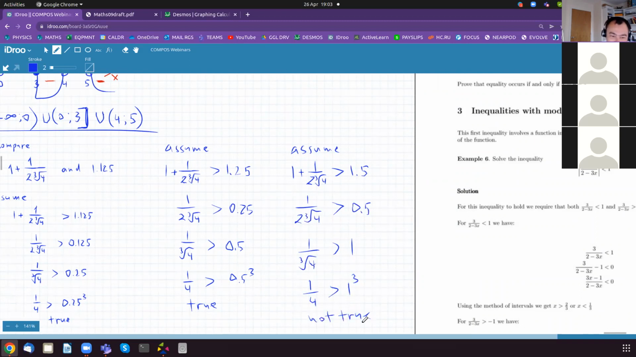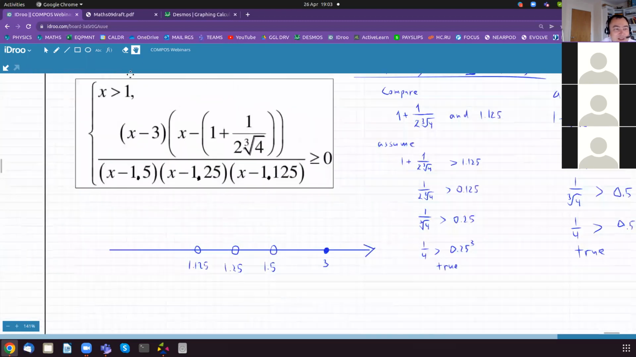Not true. Right. That means that the critical value of x is between 1.25 and 1.5. And I can check that: 1 plus 1 over 2 cube roots of 4 is indeed 1.31. So the critical value is here. So this is 1 plus 1 over 2 cube root of 4. All right, and now I need